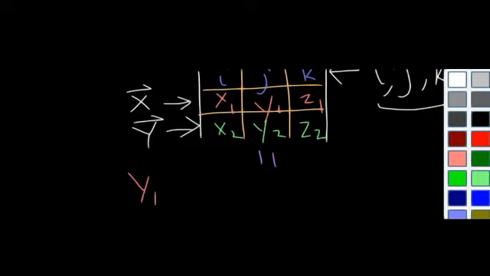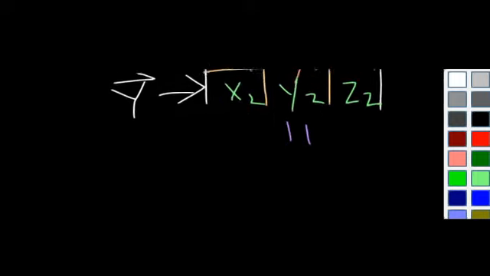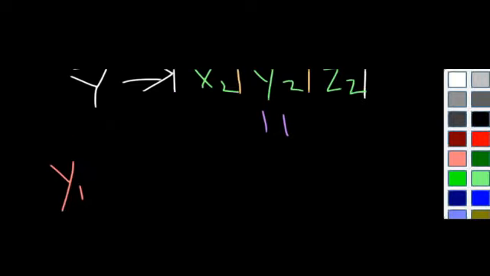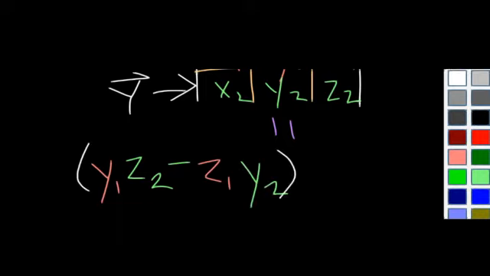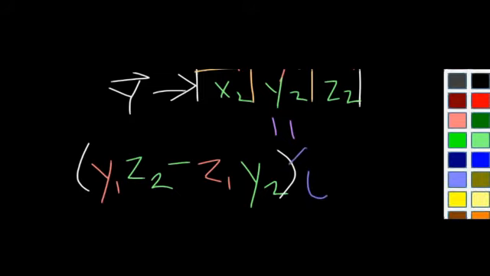So y1 z2 minus z1 times y2, parenthesis, times the i hat component